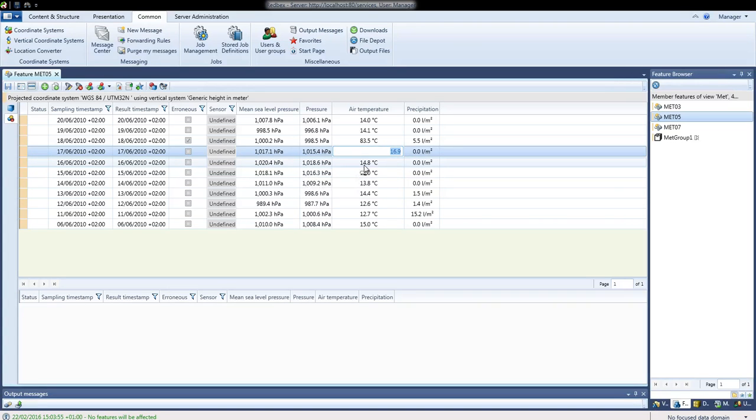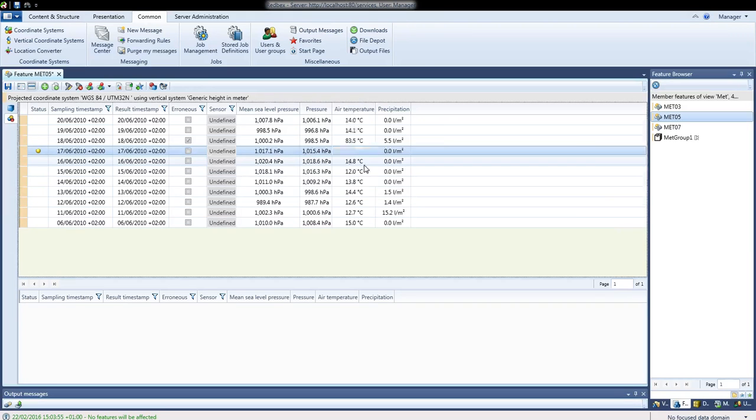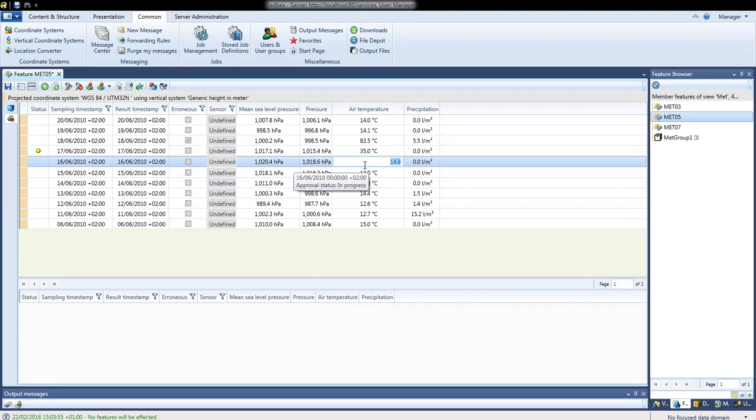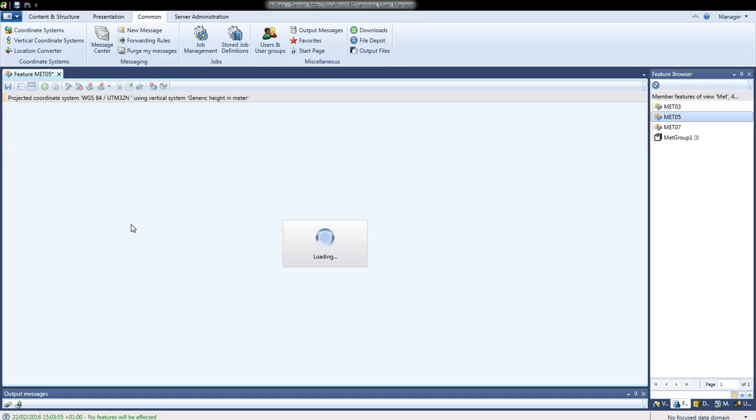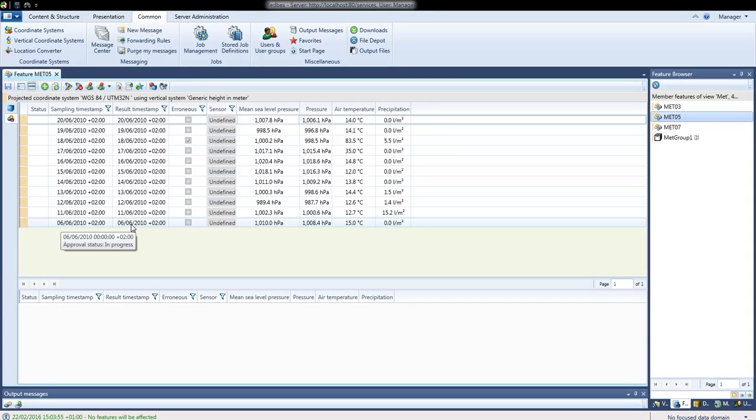Now I change this value, air temperature, to 35 degrees, and now two things happen. If I press enter, the modified trigger will be raised, so this observation was modified, and now of course this goes to the database. And now our system will check there is some modification in a feature which now is subject of a spying